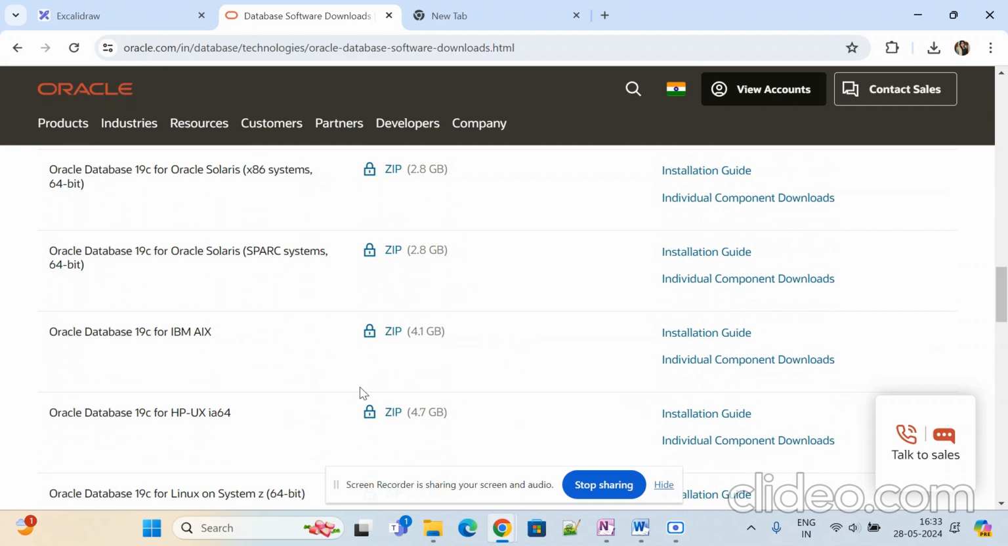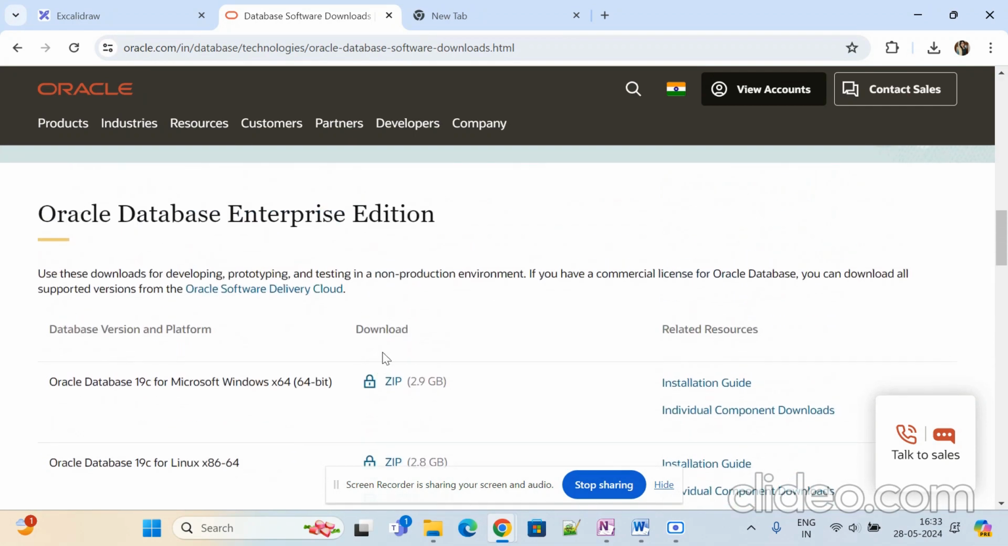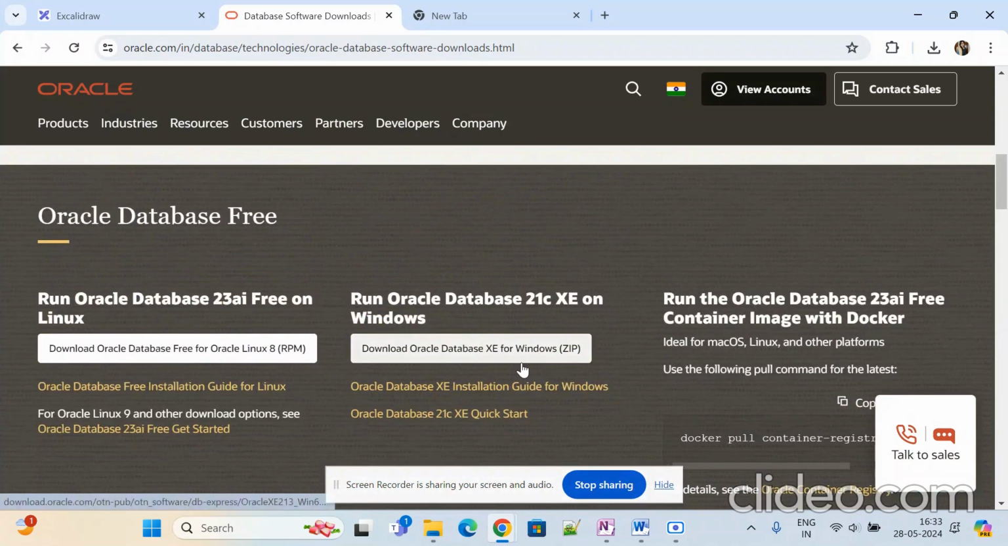17G, 17C or 21C. Okay, so you have the different versions, right? But here it is as per your choice, as the database servers are available, right? So today we are discussing installing the tables. What I will do, I'll just